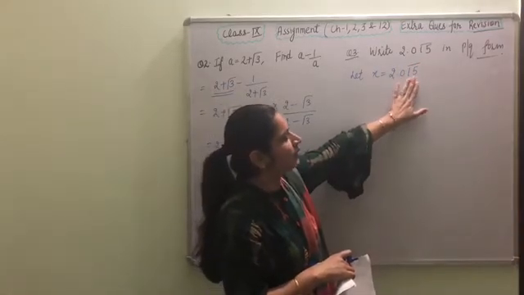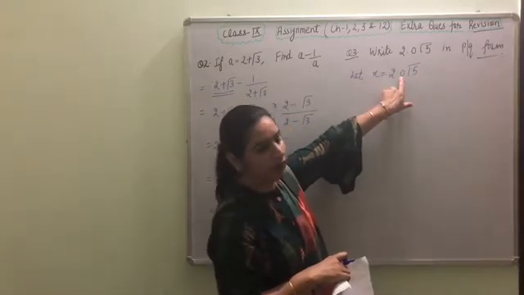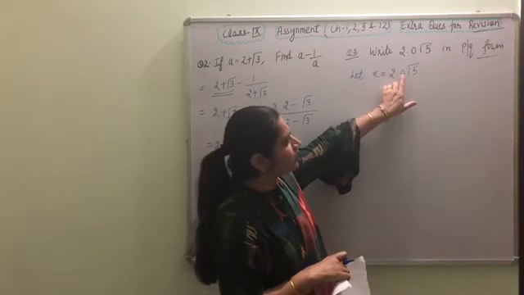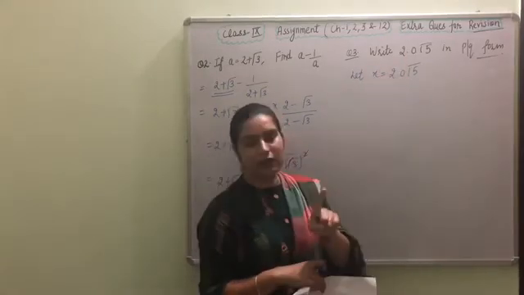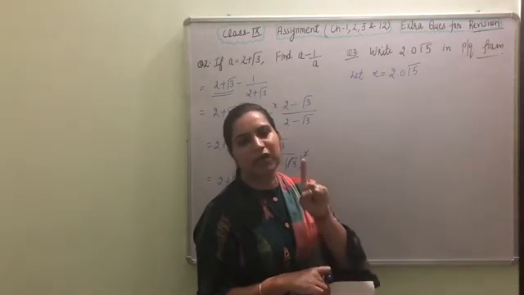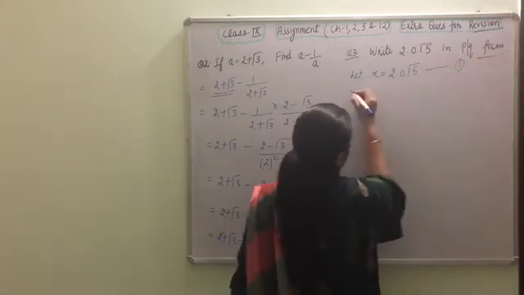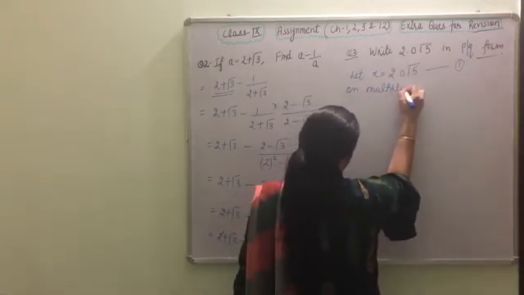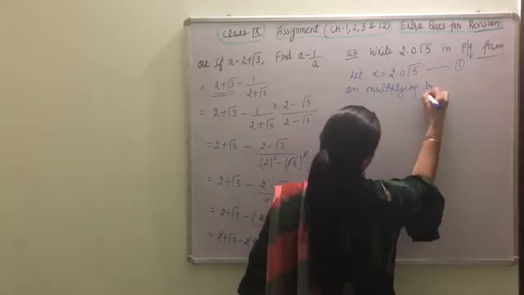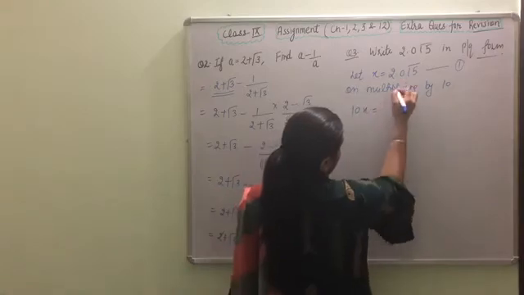Two digits are with the bar and the 0 is here without the bar. So we want to shift this 0 to the left of the decimal. One digit is without the bar, so we'll multiply by 10. Let this be equation 1. On multiplying by 10, it will give us 10x equal to